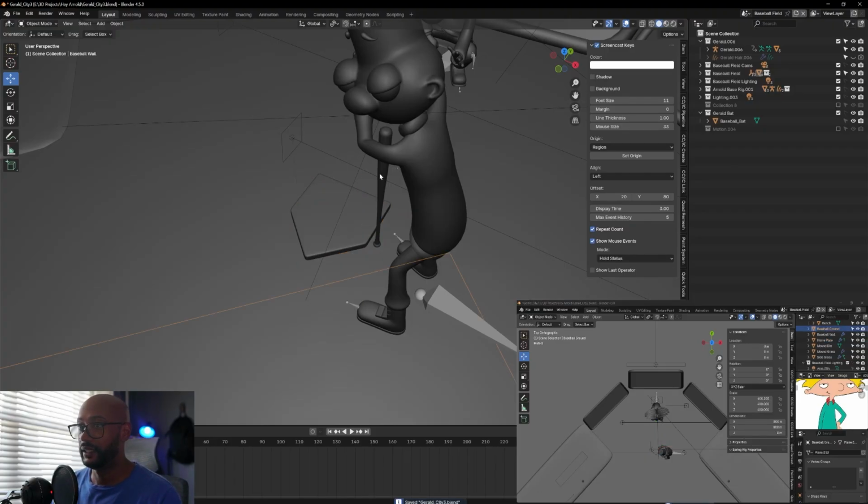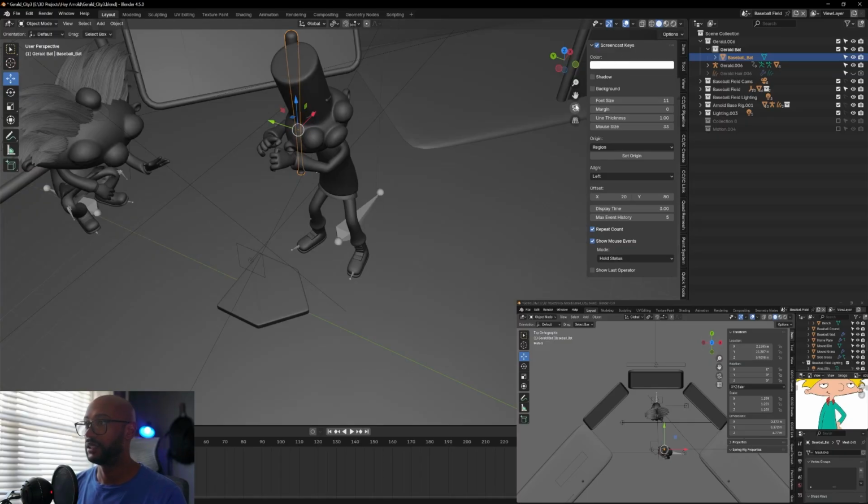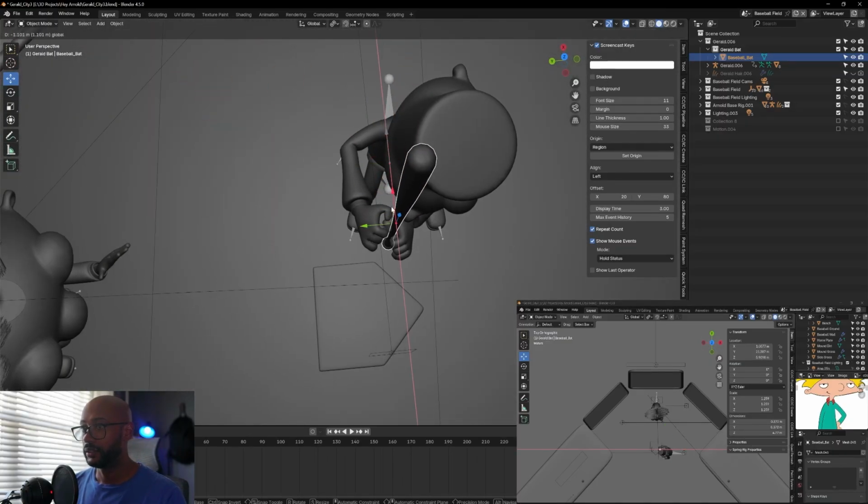And then the next thing to do would be to take this baseball bat. I'm going to drag this Gerald bat collection into the overall Gerald collection so that the light affects it. And then I'm going to take the bat, I'll scale it up a little more. And what I'll do is position it to where